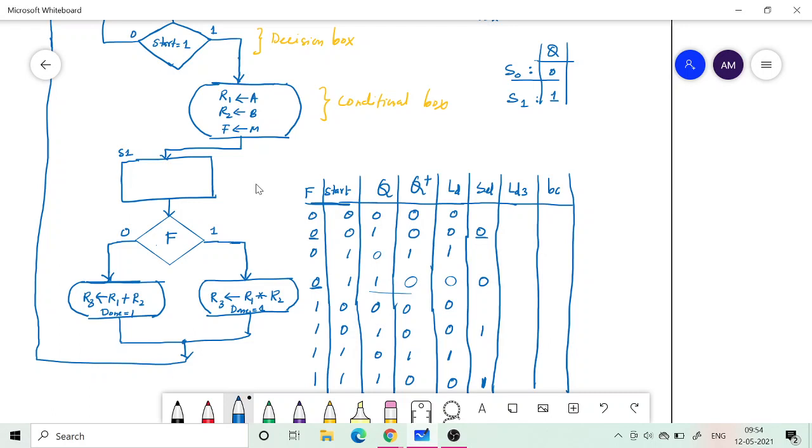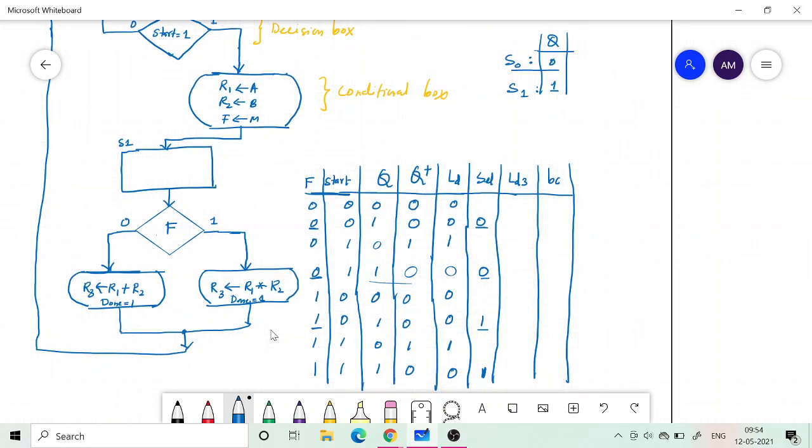So we only need to check the Q equal to 1 case, and when Q equal to 1, if F is 0, we put 0. If Q equal to 1, if F is 1, I put 1. Again, when Q equal to 1, if F is 1, I have to put my select input 1.